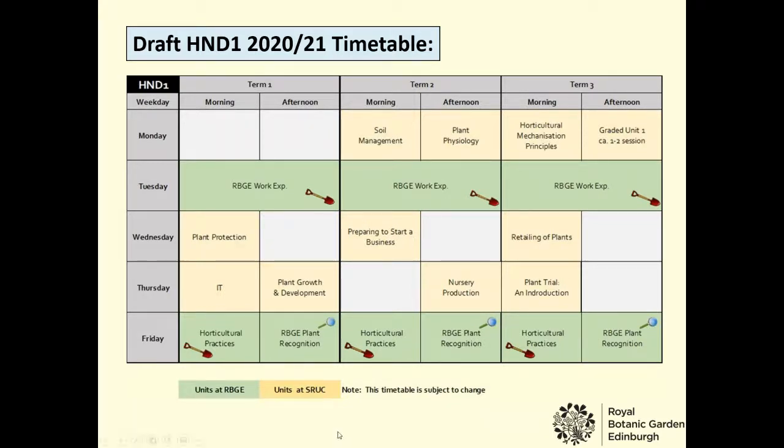And I will just say, sometimes people come on the course expecting this to be a full-on practical apprenticeship trainee course, and as you can see from this, there's really just the 2 sessions where you're doing hands-on practical horticulture. You will probably have some practicals in plant growth and development, and plant trials is quite practical, but it's not the same as doing an apprenticeship. So if you are thinking that you want to do a hands-on practical course, what I'd say is this is not the course for you